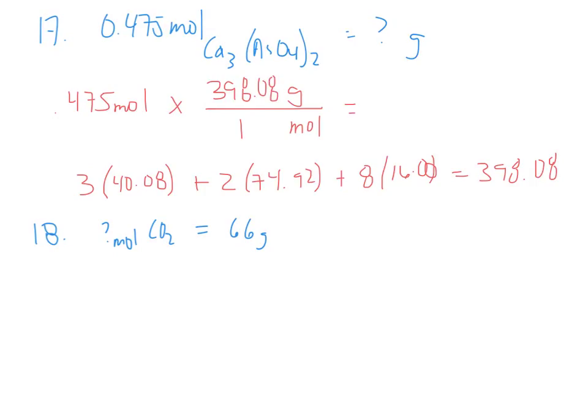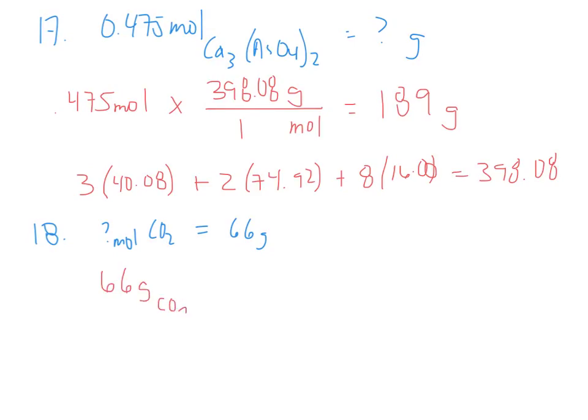And when I multiply that by 0.475, I'm coming up with a mass of 189 or 189.1. We started with just 3 sig figs, so I'd round it to just 189 grams. Number 18 is similar, but this time you have the 66 grams